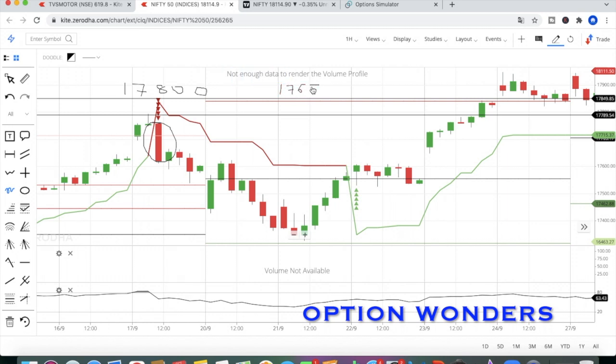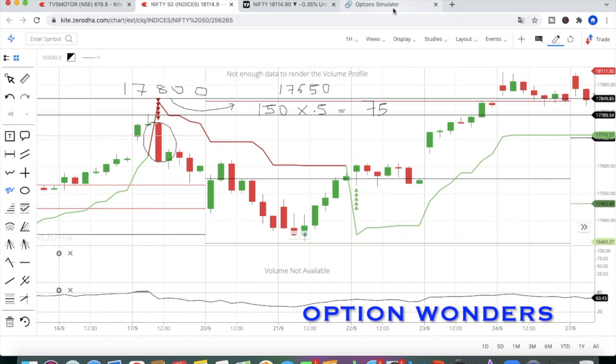What time we will be entering, that also you have to consider. So 150 points will be 150 into delta spot. What is the delta? Delta will be 0.5. So we have to make 75 points stop loss. We have to add 75 points along with this premium, so that will be our stop loss.